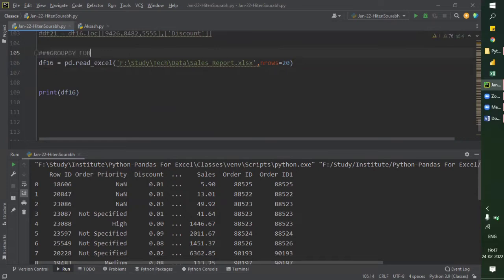Group by function. Okay, group by function. Now what I want, df22 equals to df16 dot group, and then you just press control space, then you can get your suggestions. Okay, in this case I'm not getting it, not a problem. Group by, you can just write it here, group by, then start the parenthesis, and then just copy any of the